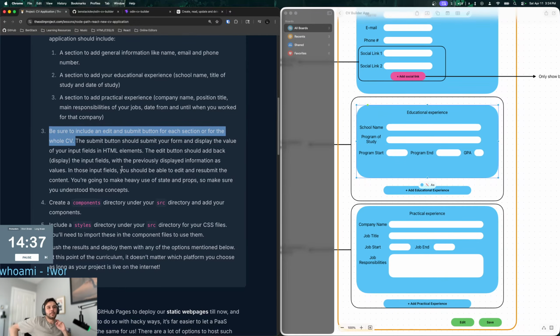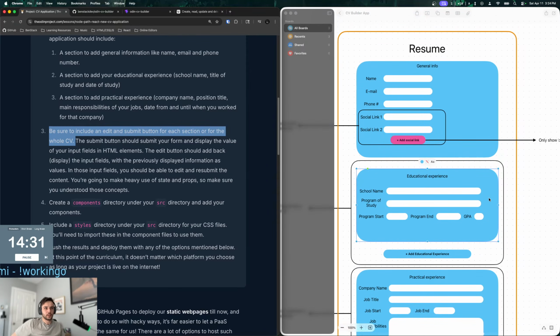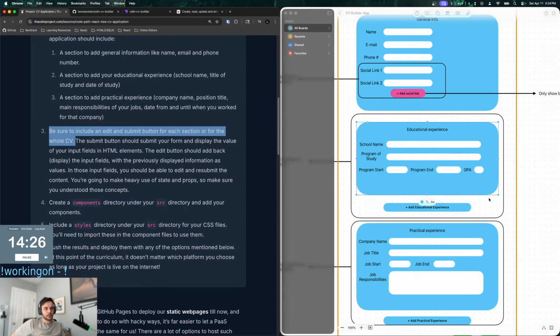But I don't know if that's the best. I'm gonna go against Odin here. I think having it for the whole resume makes more sense, right? And it'll be rendered out as HTML, right?